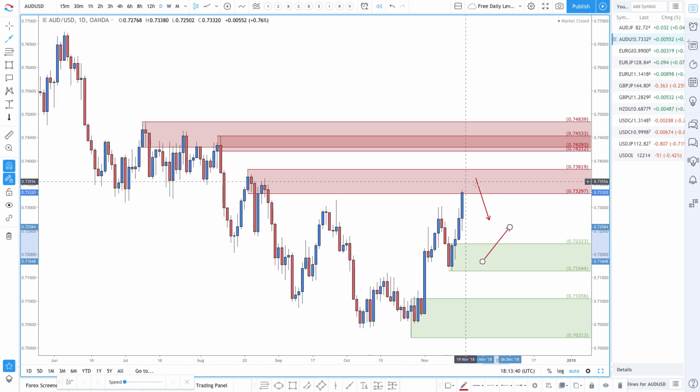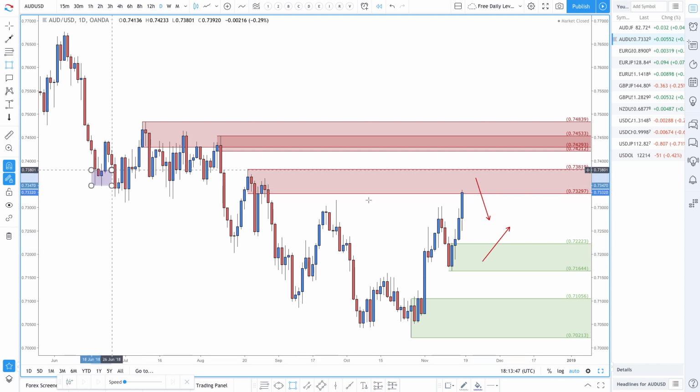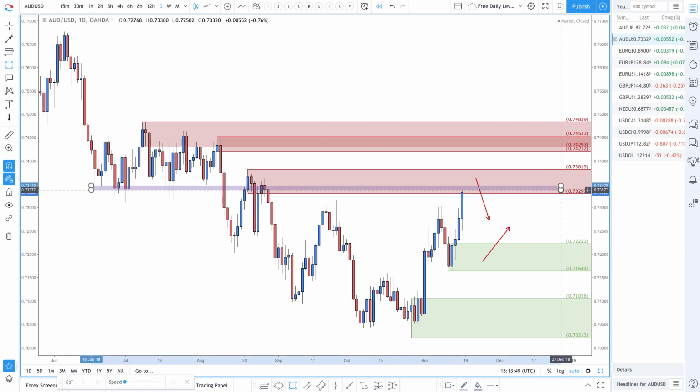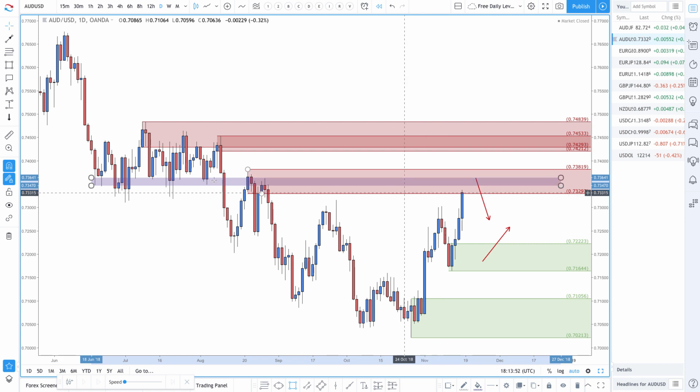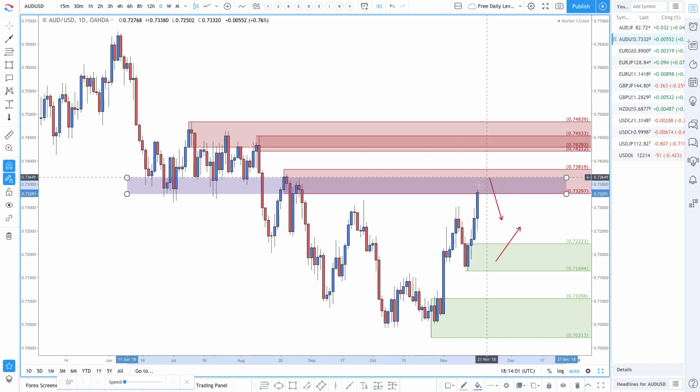This is a decent area to look to get short, the 73.50 area, but again, it just depends on dollar strength or weakness and sentiment. I think this whole area is being used as support, resistance. So traders are going to be looking at this area here as an area to potentially either take some profit, enter new trades, but again, depends on the price action and what's going on with